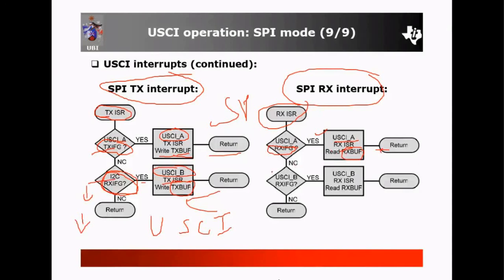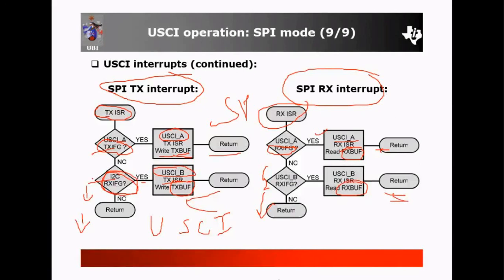If it is not generated, you can check USCI B RXIFG. If RXIFG is generated, yes, then you have to read the USCI B RX buffer, then return. If it is also not generated, you can simply return.